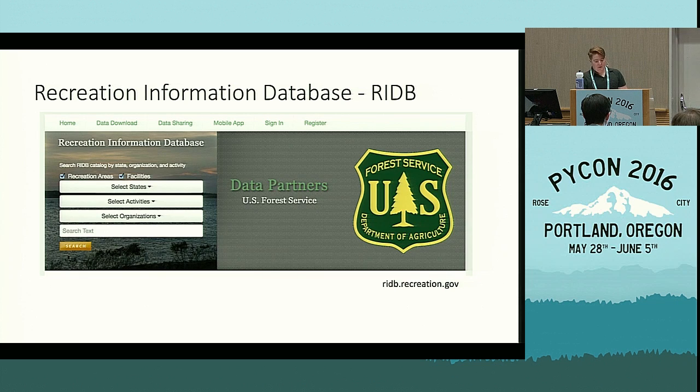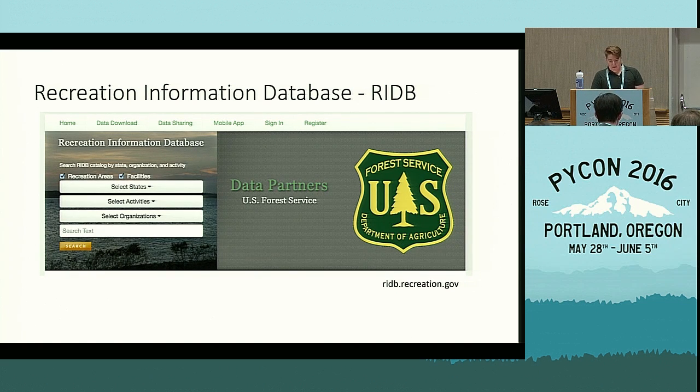And then a bit about the data sources that we'll be using. So the API will be querying, not actually querying because all of this is canned to make sure that we didn't run into any network problems or anything, but the interface that I created a mock from is called the Recreation Information Database. It is a project of the federal government that uses Forest Service data, BLM data, et cetera, to present a very nice, clean API interface for getting information about all kinds of activities that you can do